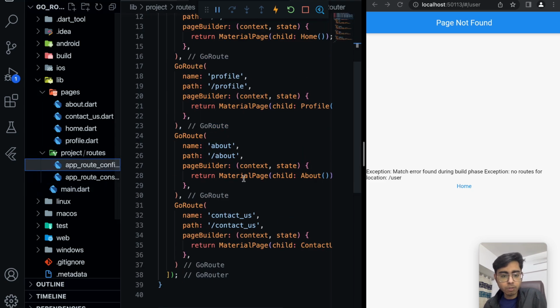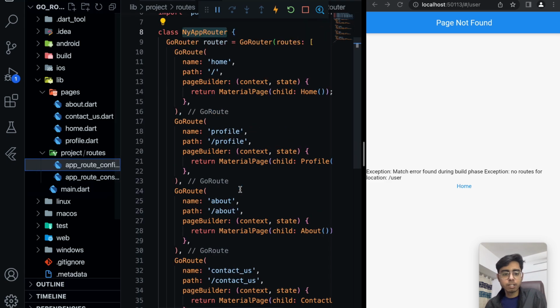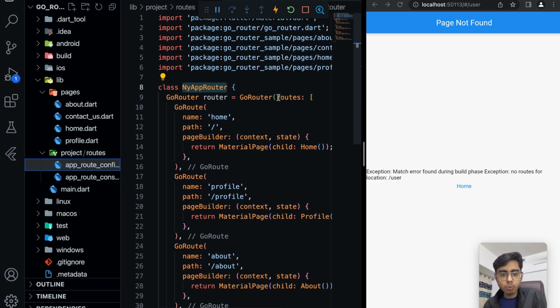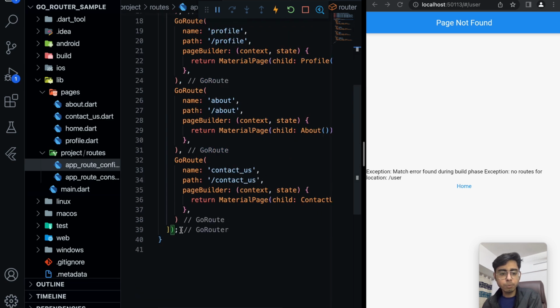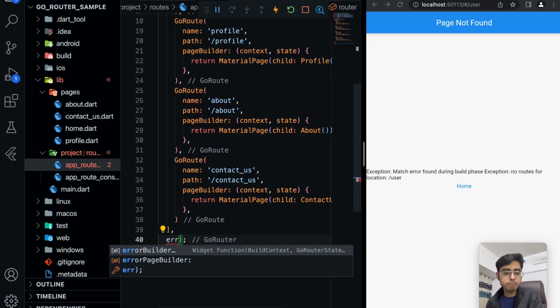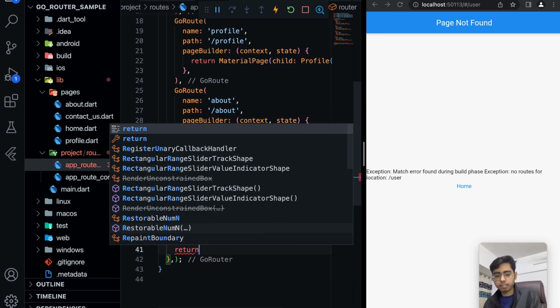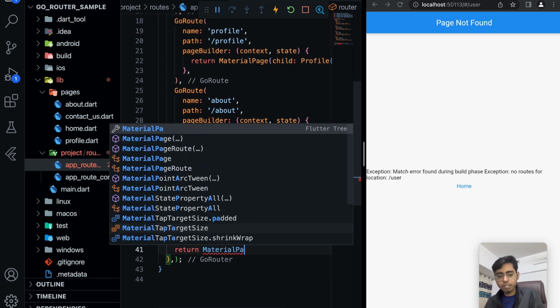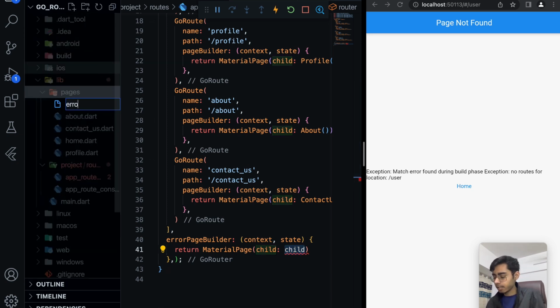So let's go to app route configuration, and then I'm going to tell you what is the significance of this app route constants file, right? So in this GoRouter class only, the object only that we have created, we need to provide one more parameter, right? So that is nothing but my error page builder, right? And I can define a context and state and return a material page, and then you can define your own page that you have defined, right? So I'm going to go in pages. I can write error page dot dart,